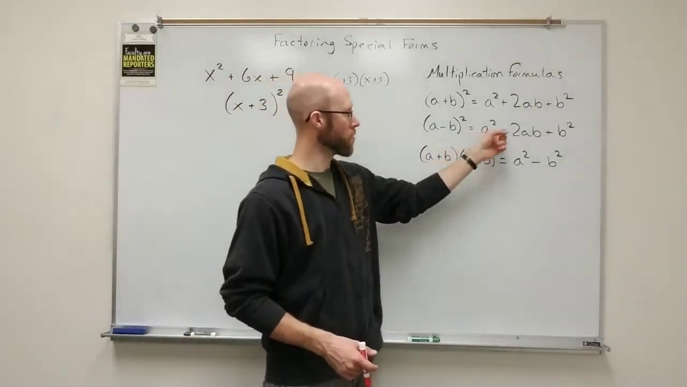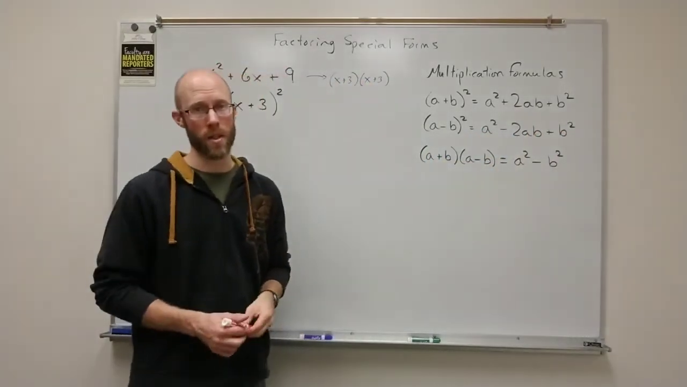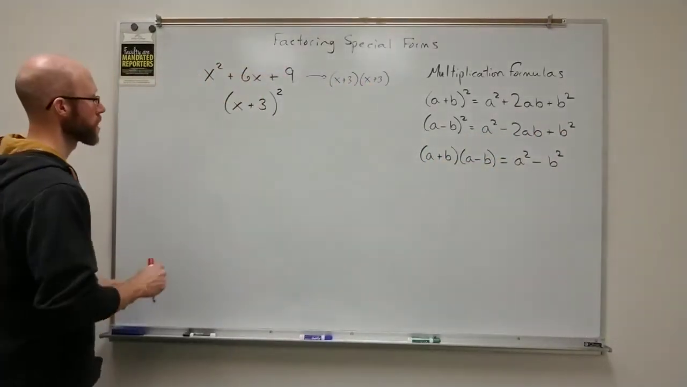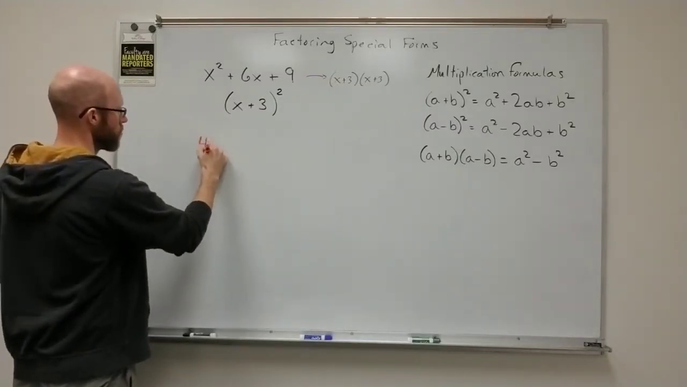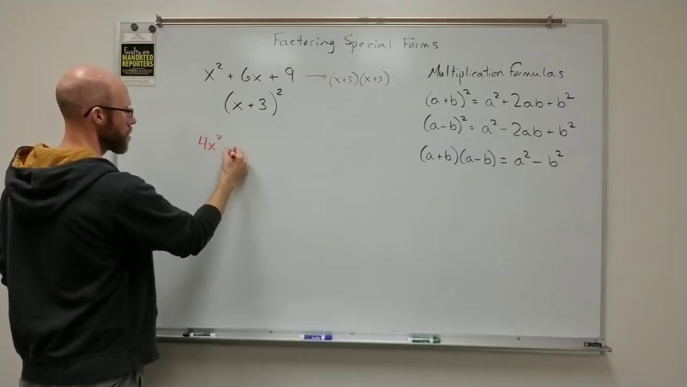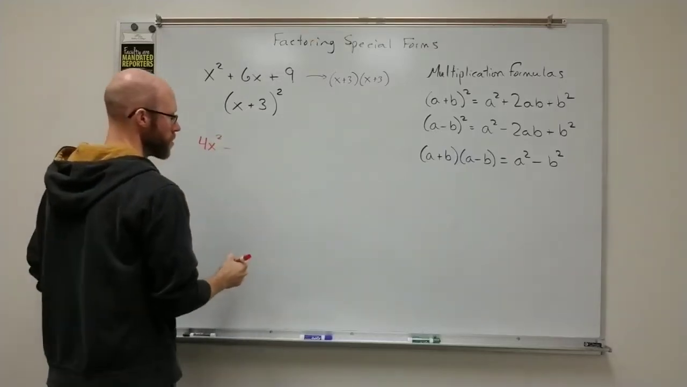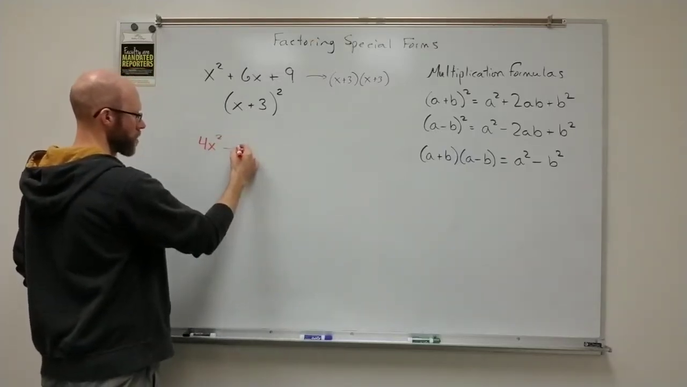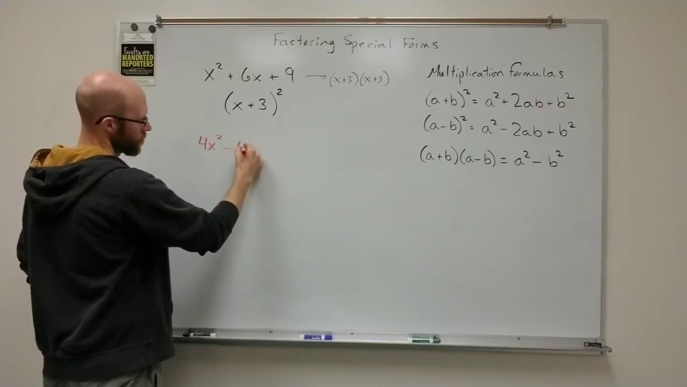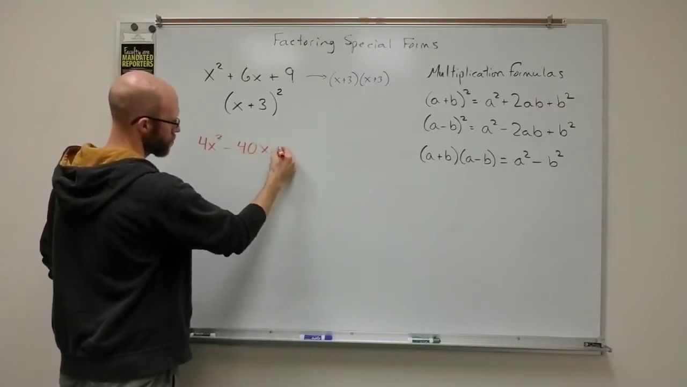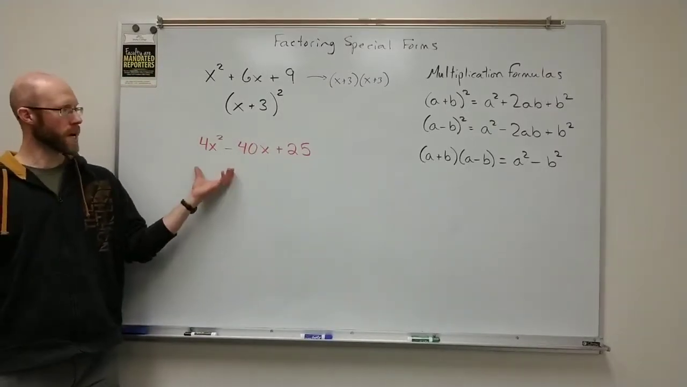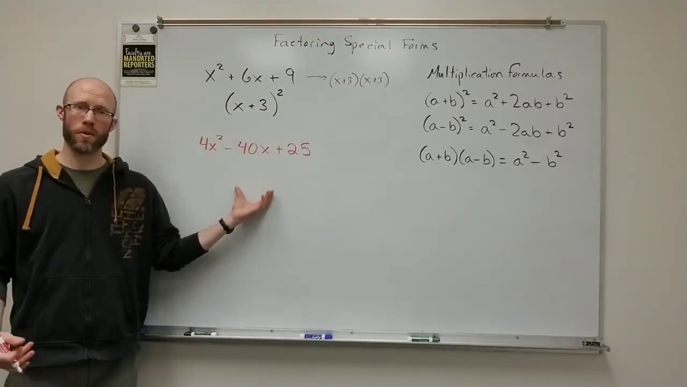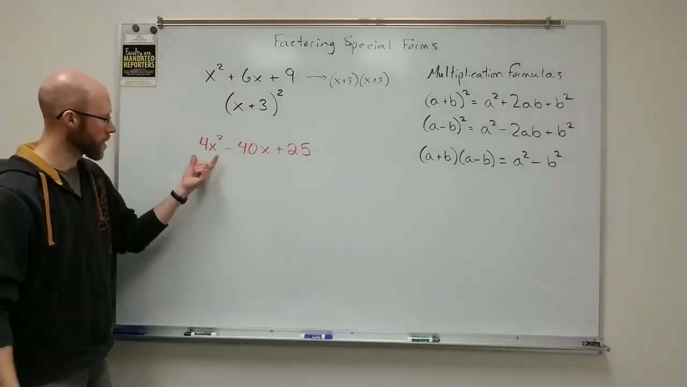Okay, but always the first and last terms are going to be positive in these. So you could have something like, let's go with 4x squared minus 40x plus 25. Okay. So this may not be as obvious right away that it's a perfect square trinomial, but it is, because